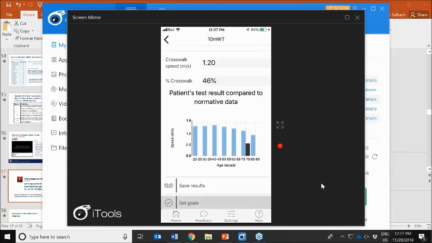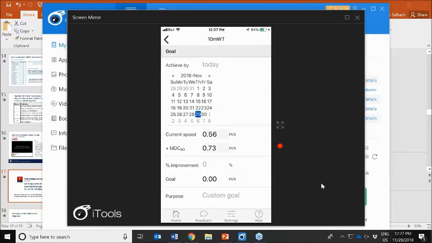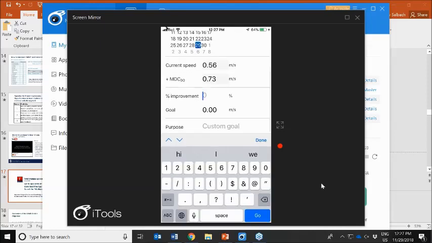And then you can go ahead and set goals. And to set goals, the information in the report really already gives you what you need to set goals, but this screen will again show you what is the current walking speed for the patient. It gives you the calendar. It tells you with the minimal detectable change value added, what they would have to walk at to get beyond measurement error. And then if you want to put in that you would like this person to improve by, let's say, 10%, then by entering in 10, the app computes what is 10% added on to